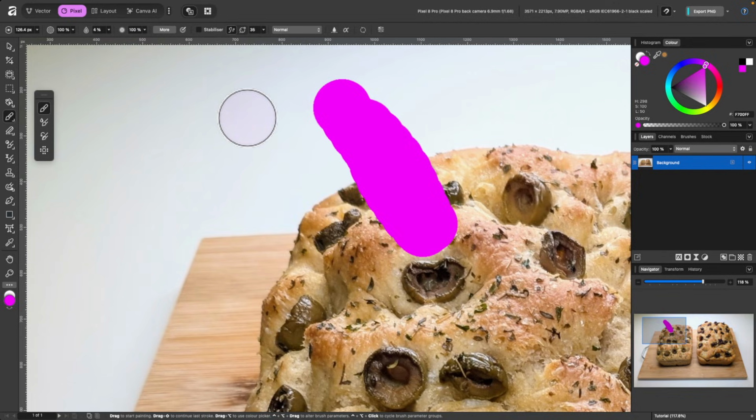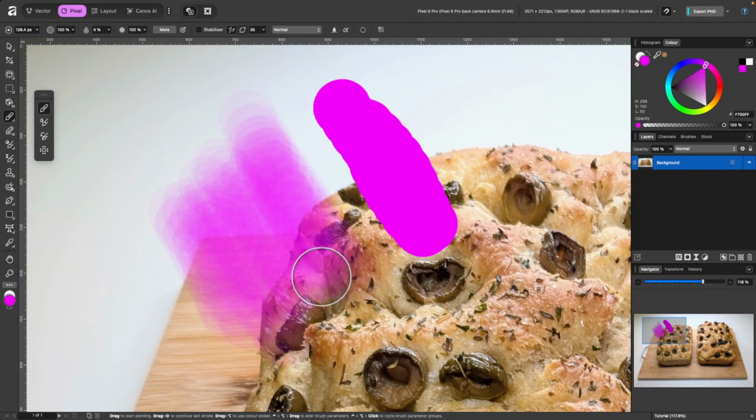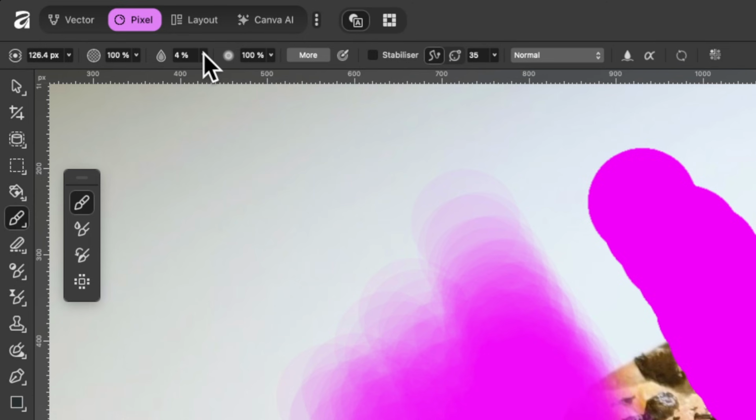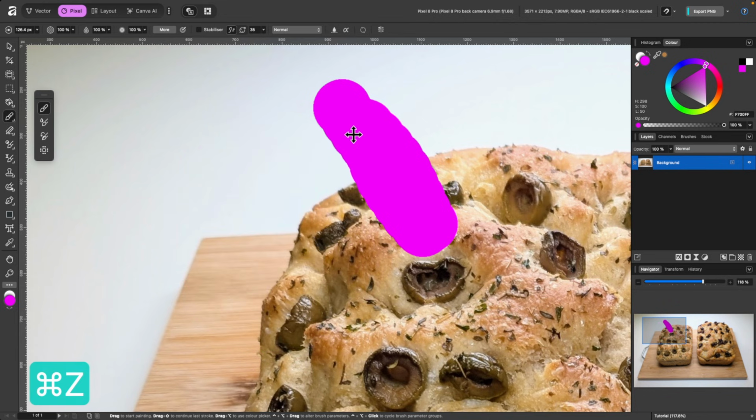So again, I'll just click once and drag. And you see it's kind of transparent, but as I keep painting over like this, I'm not letting go of the brush. You see it's building up the amount of paint in there. I haven't let go at all yet, and it's just building up and making it so I cannot see the bread behind it. Whereas with opacity, I could paint once and it would not build up. I'd have to let go and start painting again. So that's your flow. And I'll press Command Z to get rid of those again.